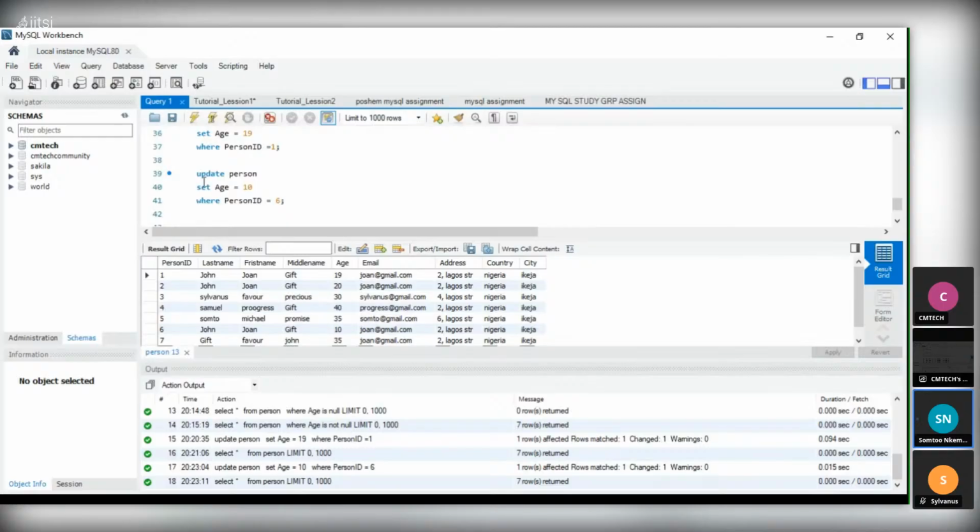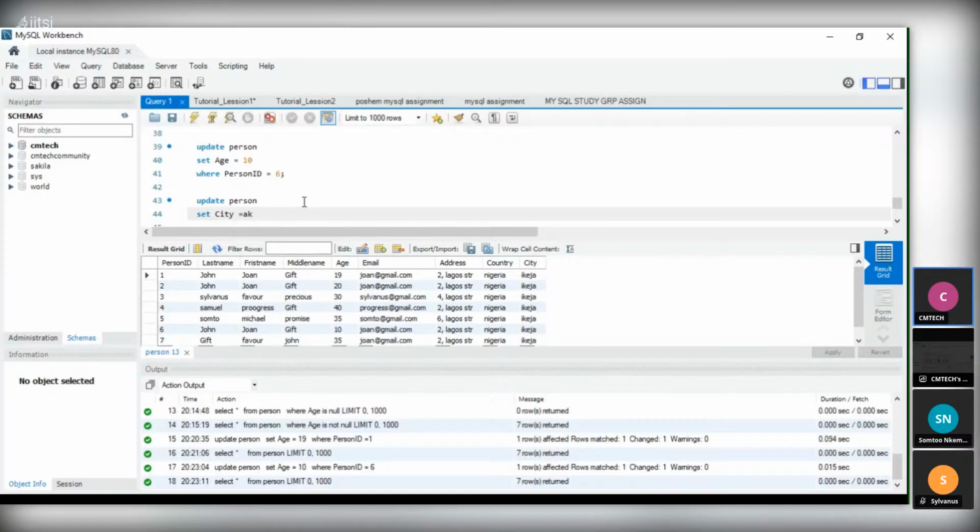Okay. Let us use column 2. Update person, set city equal to